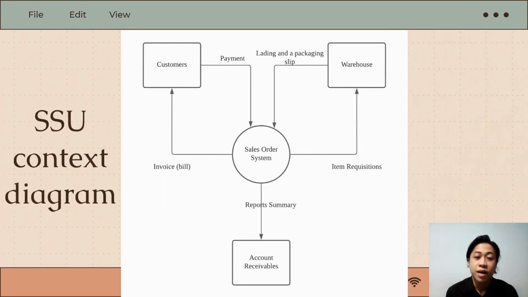Now we are looking at the SSU context diagram. We start with the customers sending their order and payment, and the system will record this transaction and perform item requisition to the warehouse. Then the warehouse will file a lading and packaging slip and report the summary to the